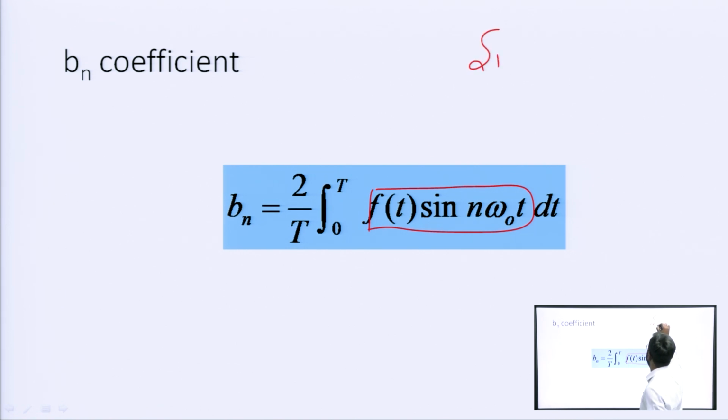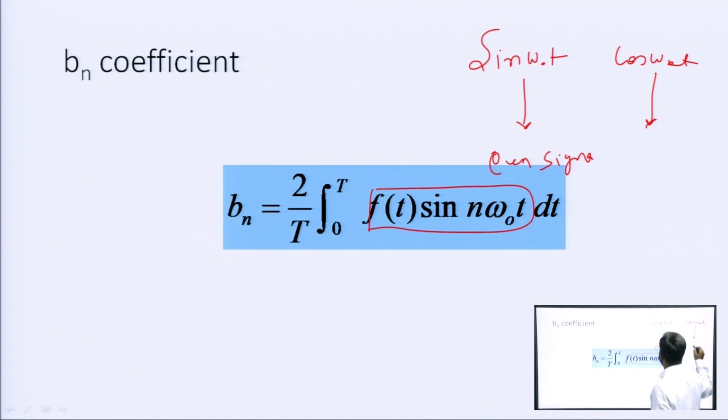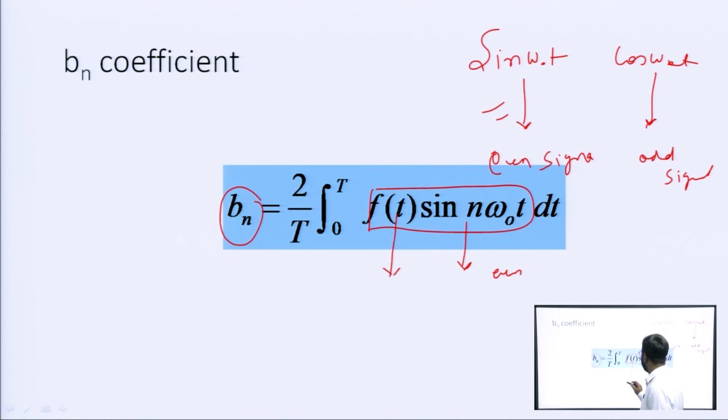Here also one must remember one thing about sin omega naught t and cos omega naught t. Sin omega naught t is basically an odd signal, and cos omega naught t is basically an even signal. Okay. So, why am I saying this? Because sometimes it will be easy for us if we are required to find the value of b n. If there is sine, which is an odd signal, or cosine, which is an even signal, and here if we get any function which is odd,